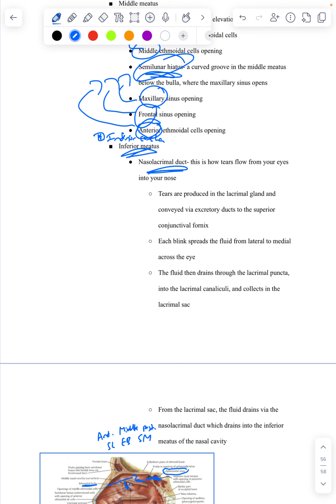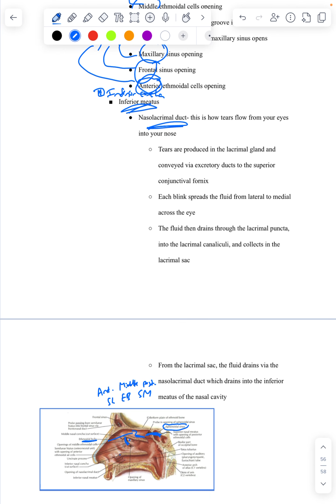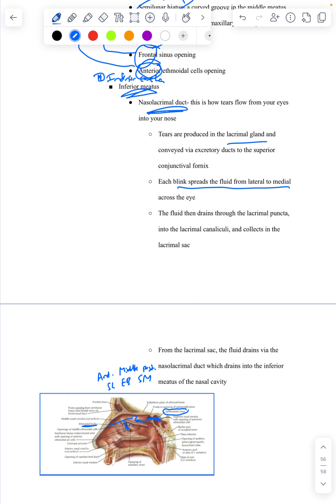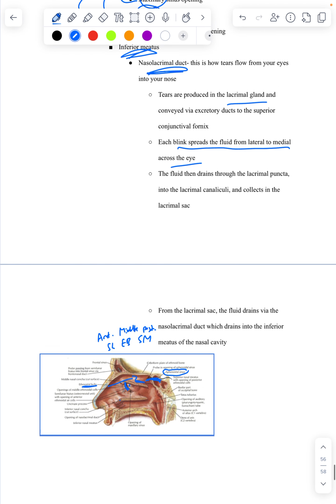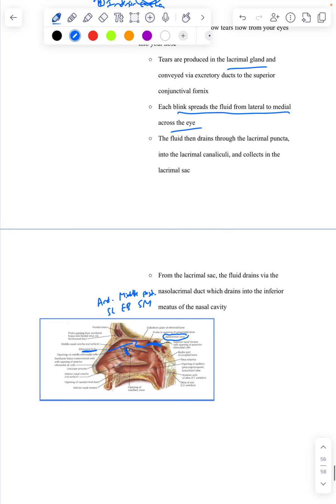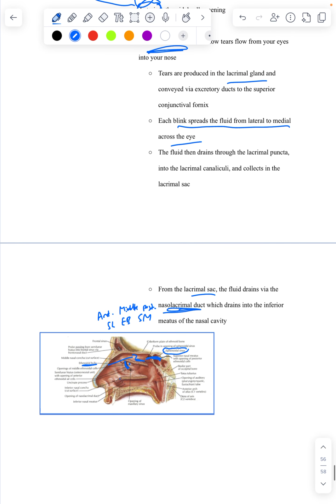So when tears flow from your eyes into your nose, so we said tears are produced in the lacrimal gland, and then blinking spreads them from lateral to medial across the eye. And then the fluid drains through a bunch of things, and then eventually from the lacrimal sac it goes to the nasolacrimal duct. Now, I don't think she'll be too specific with these, but to remember that it goes, so this is lacrimal, to remember that it goes first puncta, then canaliculi, and then sac, you're going to remember